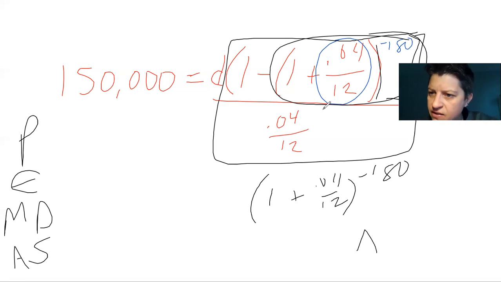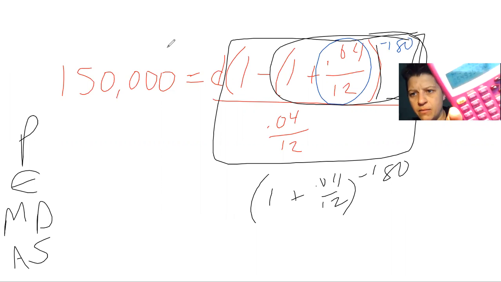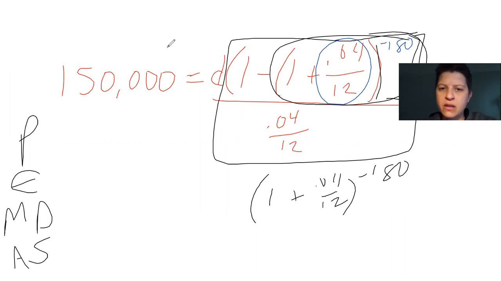The caret feature looks like this on my calculator. Some of you may have a y to the x button. It really depends on your calculator. But I'm going to hit that exponential button, and then type in negative 180. Make sure you use the negative and not the minus sign. And I get this number, really, really long. So now I have